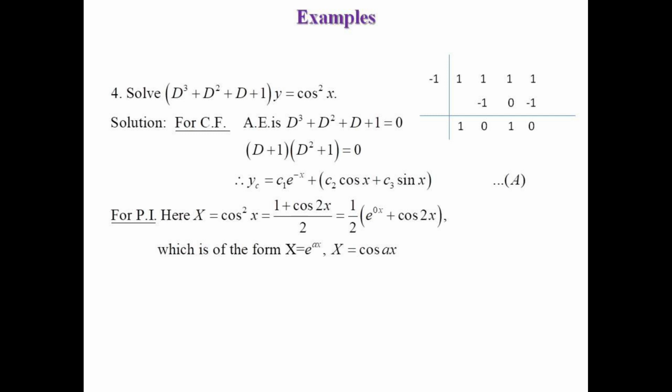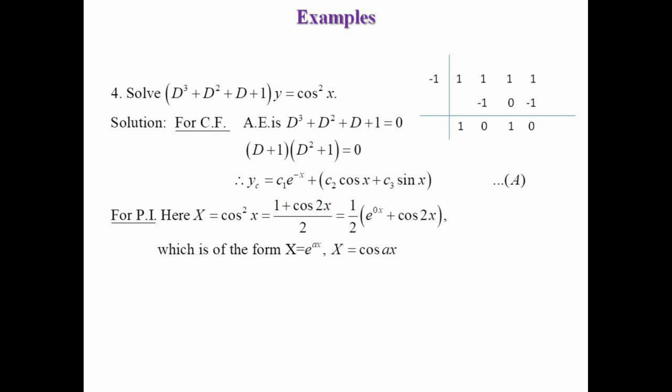So we can write cos square x is equal to 1 plus cos of 2x upon 2. So after taking 1 upon 2 common, first term is 1 into cos of 2x. But 1 is not in our standard form, so we can write 1 as e raised to 0x. So now we get this equation in the standard form. That means type number 1 e raised to ax, and cos of 2x means cos of ax. So we get two types for solving this example, which is of the form e raised to ax and